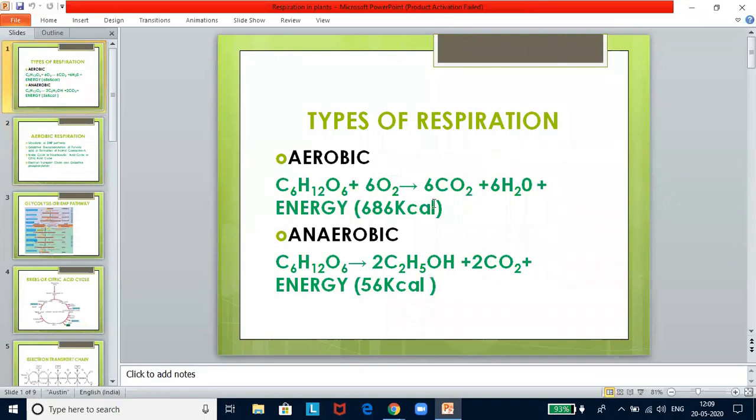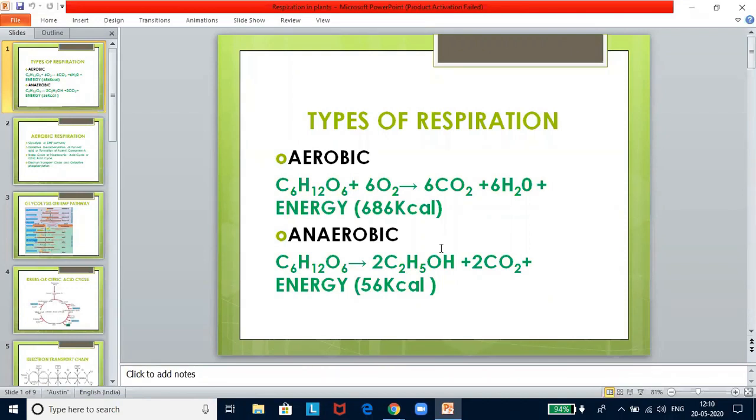The process that involves the consumption of molecular oxygen for the oxidation of carbohydrate, fat, or other organic material, and liberation of carbon dioxide and water as the byproduct is called aerobic respiration. The process where oxygen is not used in respiration is anaerobic respiration. If there is insufficient oxygen supply, muscles will resort to anaerobic respiration, resulting in the accumulation of lactic acid. That is the reason why you tend to get muscular cramps if you are doing some work for a long time in the same position.